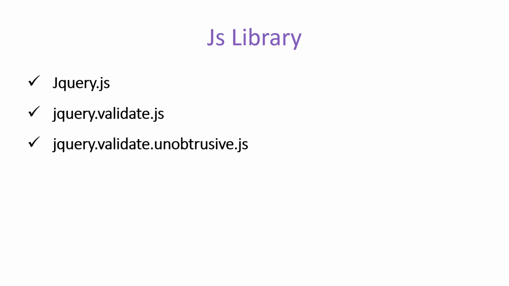To work with client-side validations, we need some libraries. These are some JavaScript libraries, and first we need jQuery. Then we need jquery.validate.js. Then we need jquery.validate.unobtrusive.js. If we are using these three libraries in our application, then we can enable client-side validations automatically from the server-side validations. So there is no need to write your logic again and again. Whatever code you have written on your model class as an attribute, those attributes will be available as client-side validation automatically. Let's see how to do that.